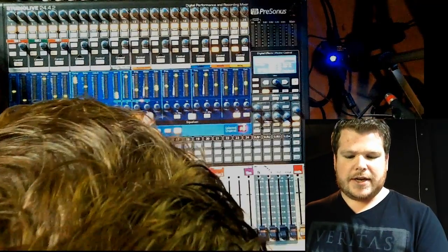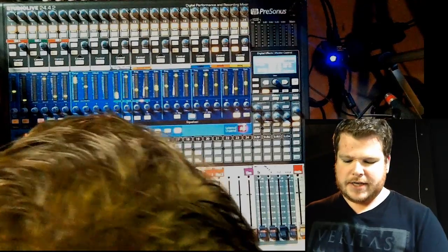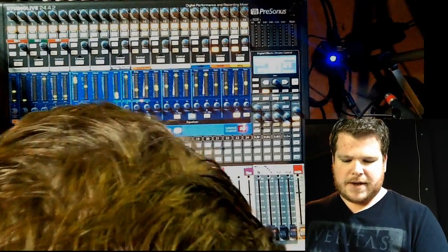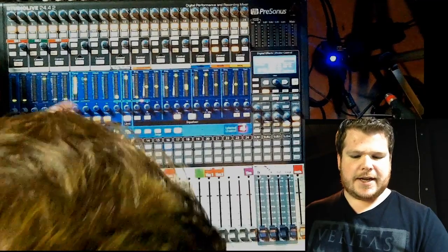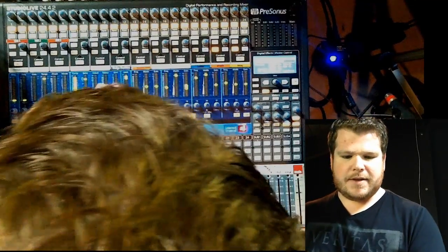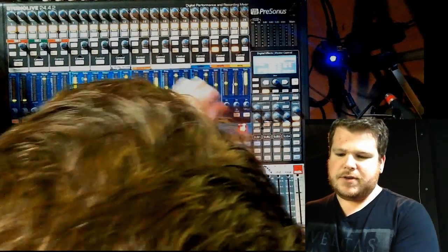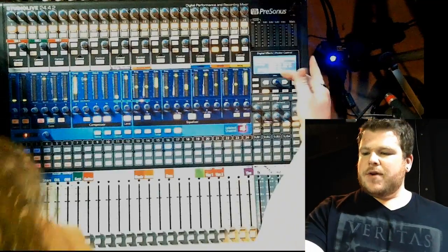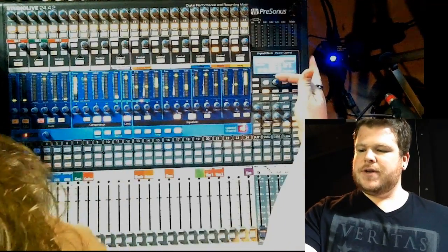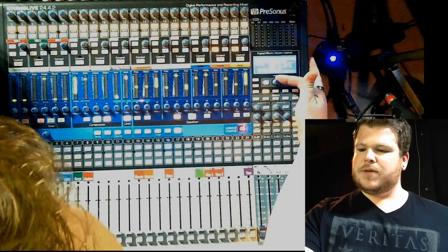So if you were to want to create your own thing, let's say I totally change things. I don't want any EQ on my electric for some reason, and my bass, I want to just really, really compress it. I'm going to boost the low end like crazy, make it sound awful, boost the high end. Obviously I wouldn't actually be doing this, but this will show you. What happens is now if I want to save a new scene, I can scroll the value knob over to a blank one,